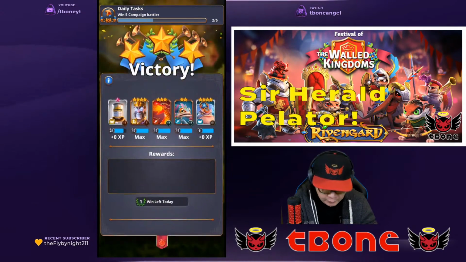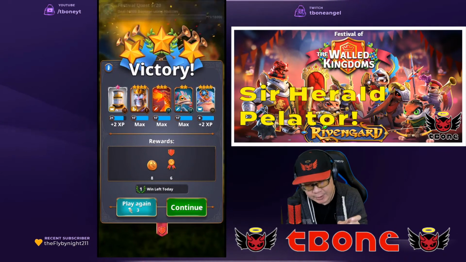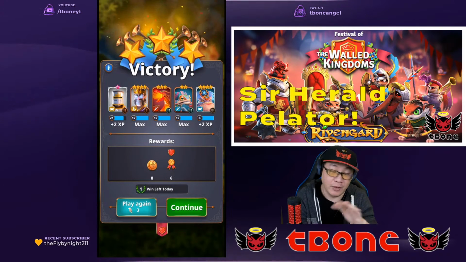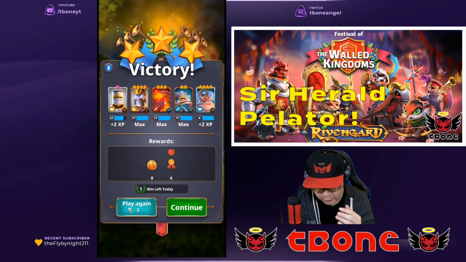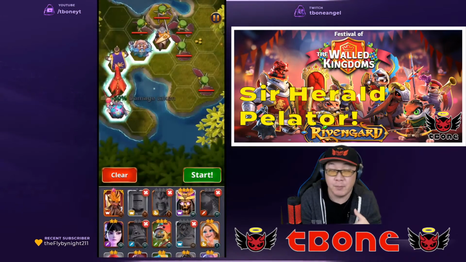So you can see this is our daily task, win some campaign, and then you can see our total damage done is just 79 out of 10,000 because that is about the amount of health here. You can't deal more damage than the health of your opponents, and that is the reason why if you choose to play on the lower level, you might as well just